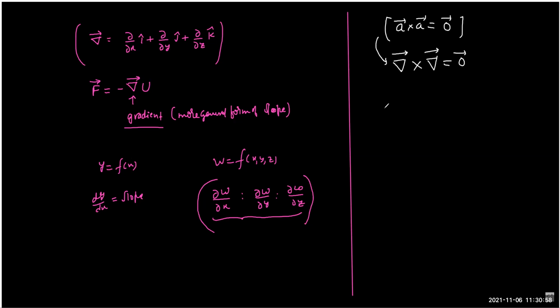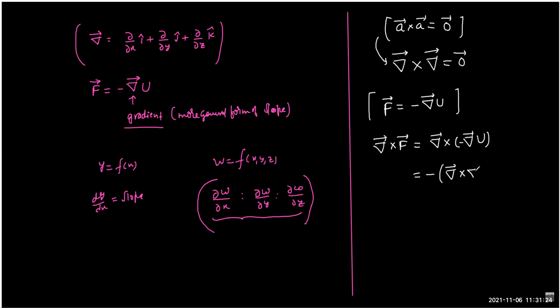Any conservative force can be written as the negative of the potential gradient. So if I take the cross of the force, it turns out to be del cross minus del U, which is exactly what we just learned, and we know that this is 0,